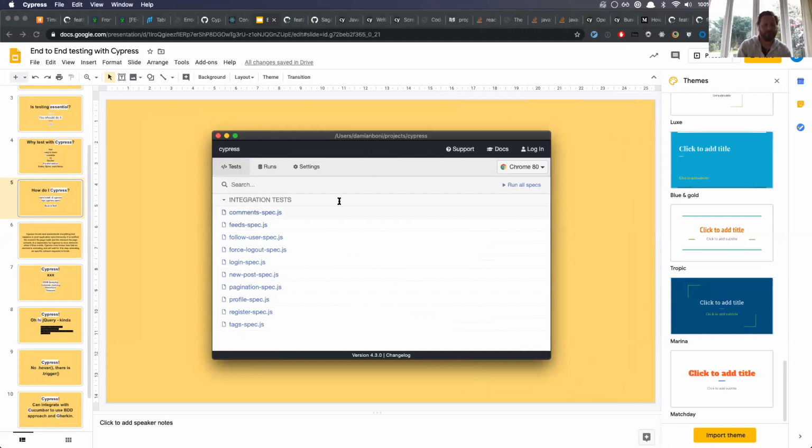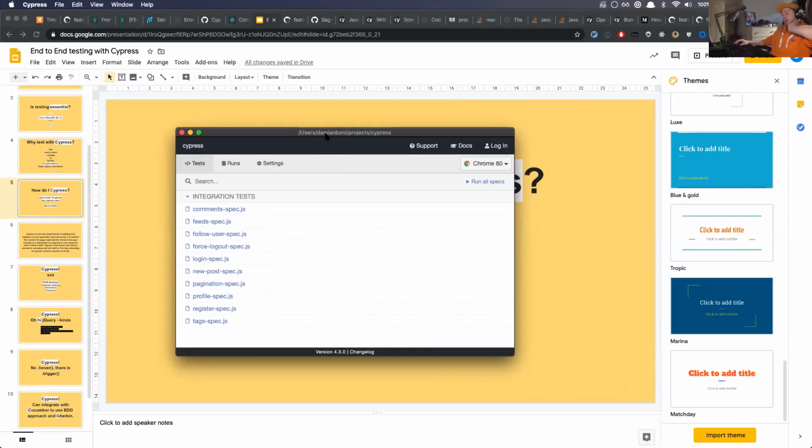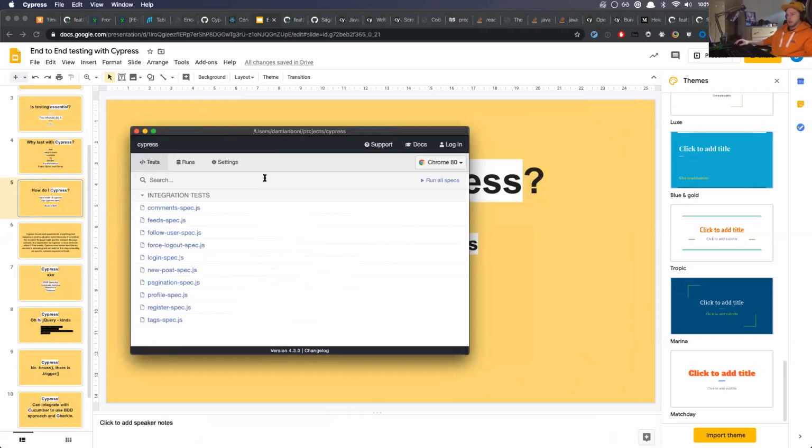Awesome. So that's essentially what I just started. Cypress comes with an application which installs on your machine. In this case, on Mac, you start with the command line. It offers you a basic GUI with a bunch of things. But essentially, what we can see here is all the specs that I currently have on the project that I work on. So this is the demo application. As I said, if I quickly open it in the browser,